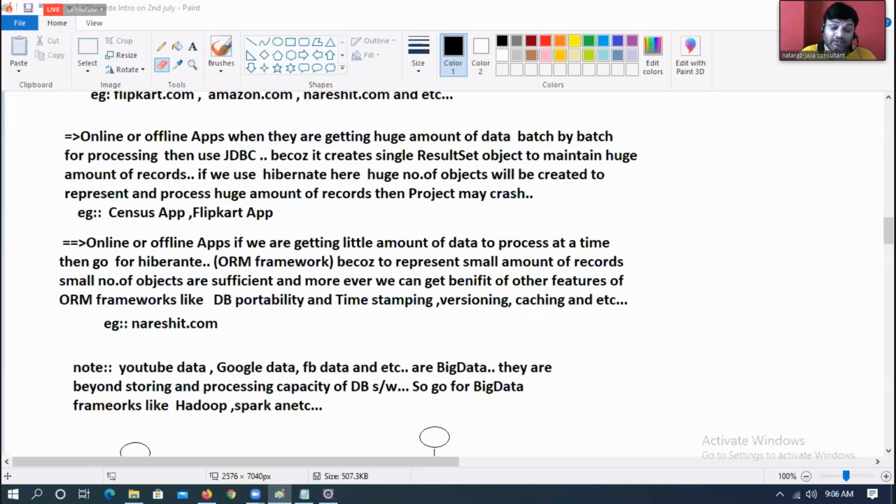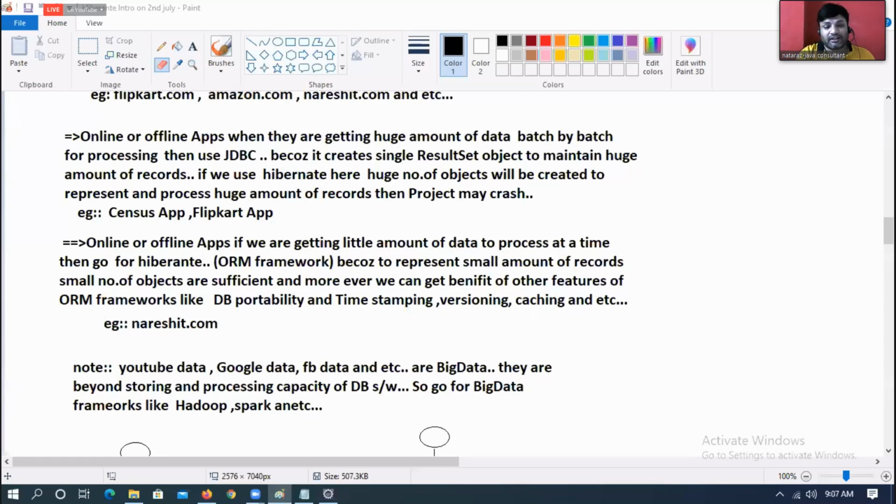At that time they activate another module which deals with JDBC. When the sale is off, they activate another module which deals with Hibernate. Wherever report generation is there, they go for JDBC. Wherever daily transactions are there, one or two persistence operations in a second, then think about going for Hibernate.